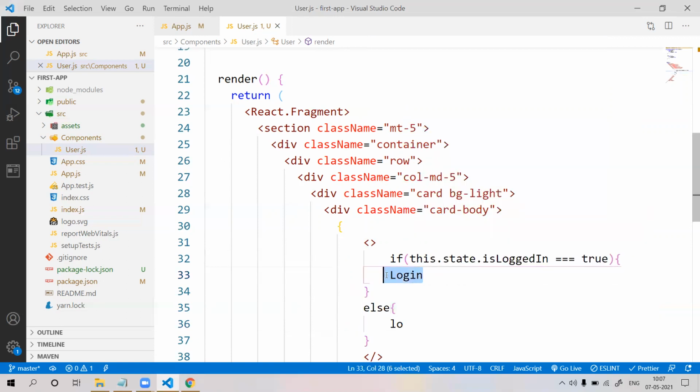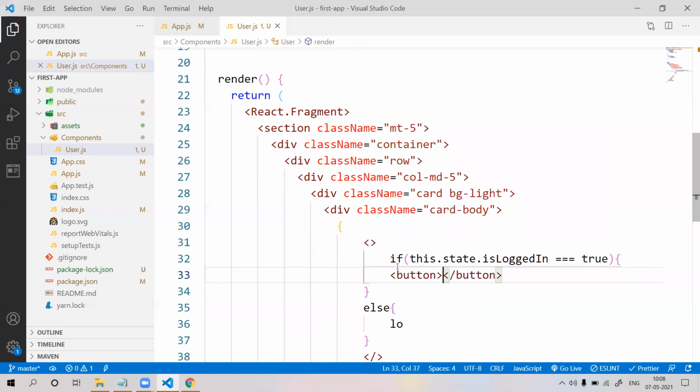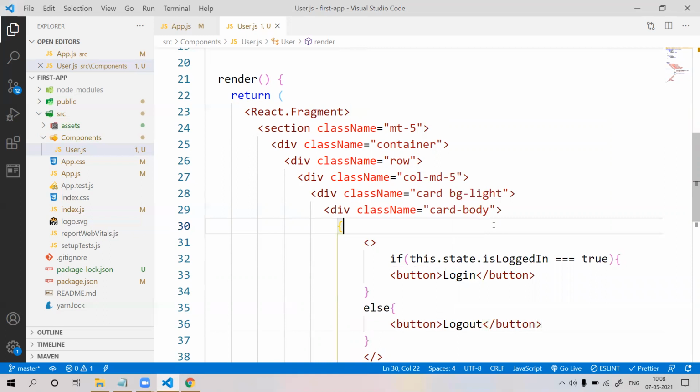Not like that, okay, we can define it like this, button login. Later we can make it styled. First of all, we put in the condition. This is a logout button, logout. Here is a condition.